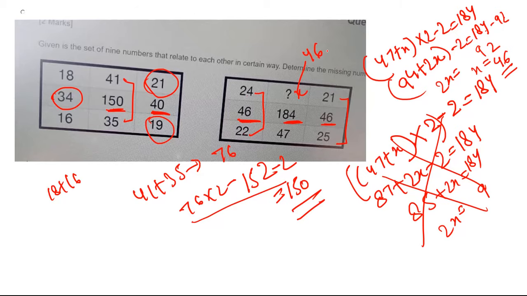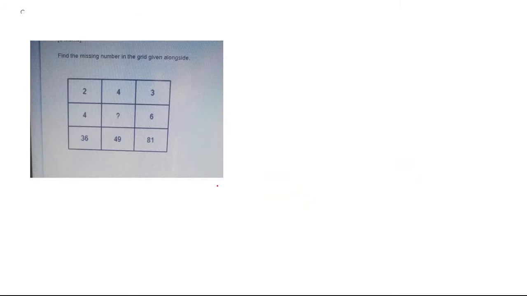Fine. So let's see our next question. So this is our next question. Let's see what approach we are following for this particular question. So here you can see what we are doing basically. We are just adding these two. 4 plus 2 is 6, and 6 square will give us 36. Similarly here 6 plus 3 is 9, and 9 square will give us 81. So here also you can see this is the square of what? 7. So you have to put a number that will result in 7, and then we'll be doing 7 square, 49. So the answer at the question mark will be 49.